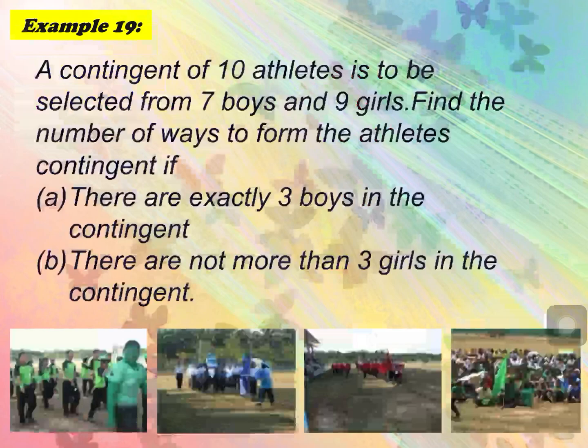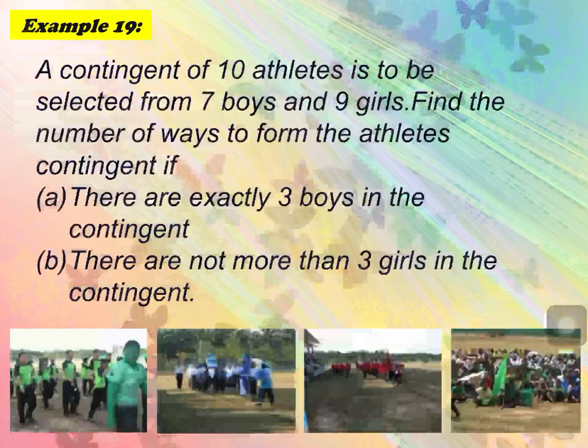Now let's look at example number 19. A contingent of 10 athletes is to be selected from 7 boys and 9 girls. Find the number of ways to form the athletes contingent if there are exactly 3 boys in the contingent. For question B, there are not more than 3 girls in the contingent. So,